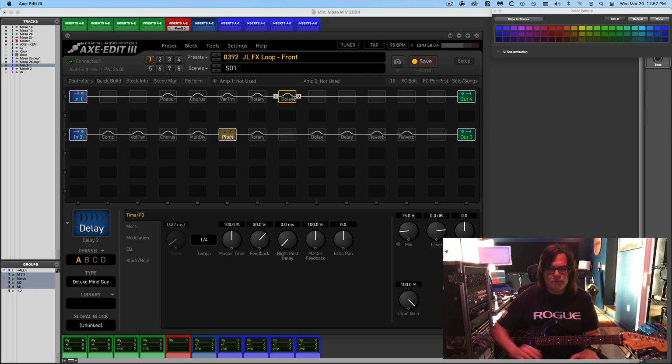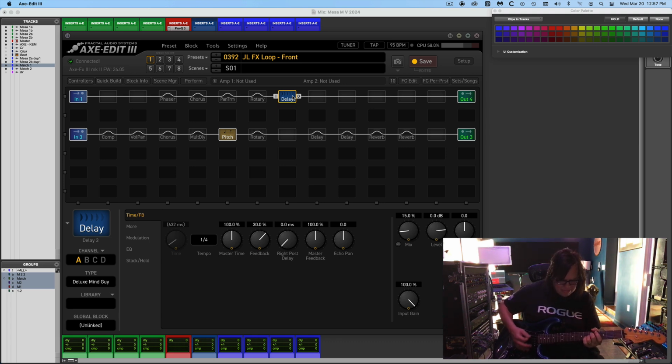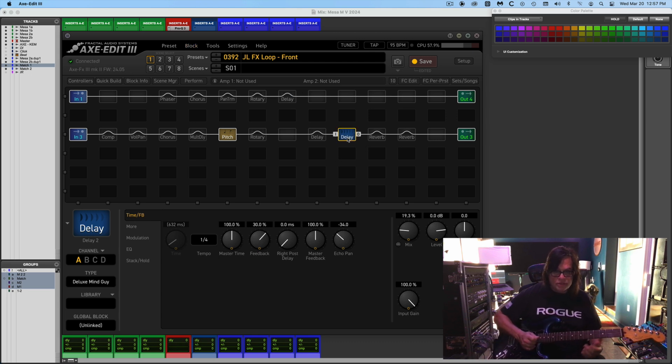Now, let's put that same delay in front. So this is now in front of the amps. And I don't have to worry with the pan because it's in front, so it's mono. And then back to the one in the loop. In front. See, I just like the way it sounds in front. There's more of a, like a more...